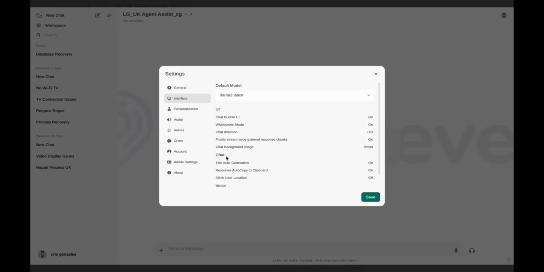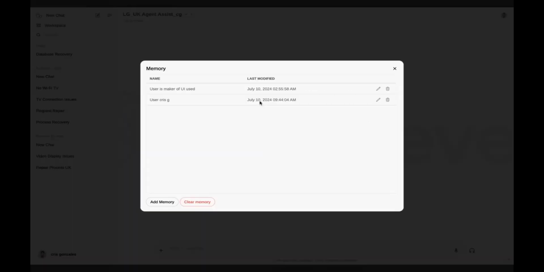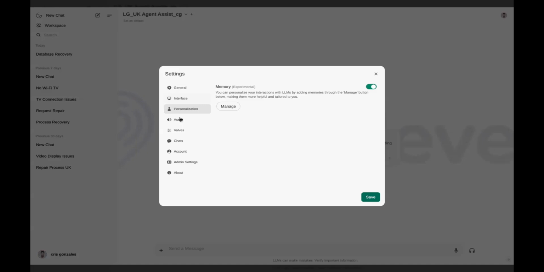And then for chat, if we want to have title auto generation, which is this one, it'll auto generate based on the chat. If we want to have auto copy on or off available as well as the user location. For voice, we've turned it off because we're not using this right now, but it does have that capability and functionality. For personalization, we're memory, so that your AI remembers your past chats and learns from it.